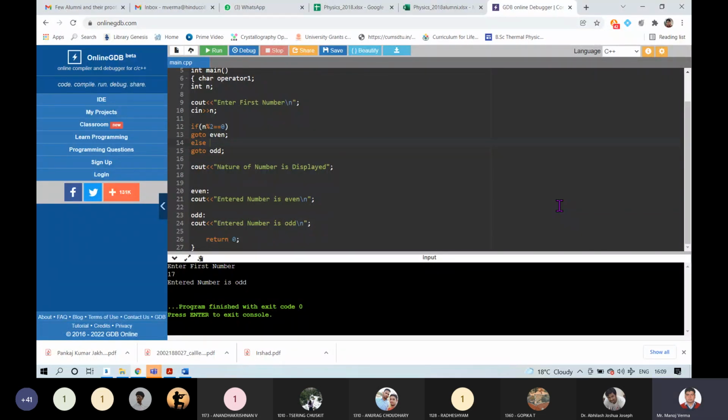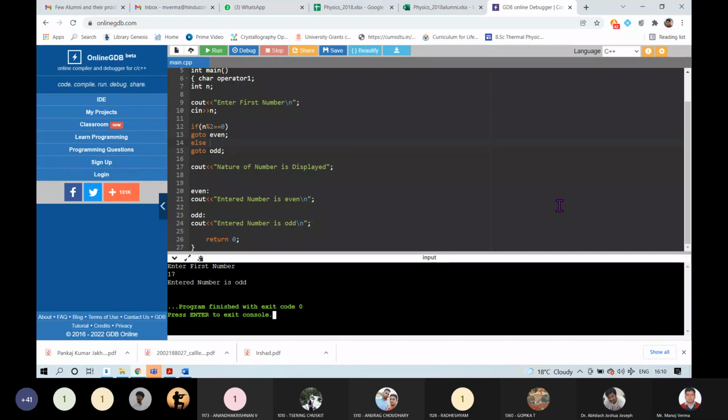This was a very simple example, but yes, you can merge these go to statements within the switch cases, which will give you an extremely advantageous position in performing some tasks.